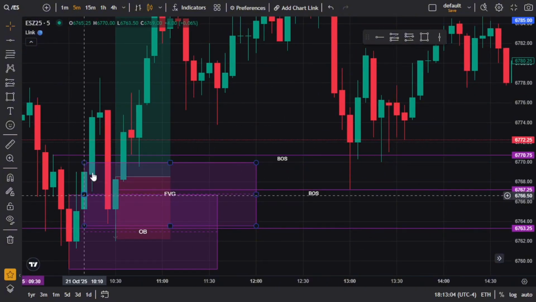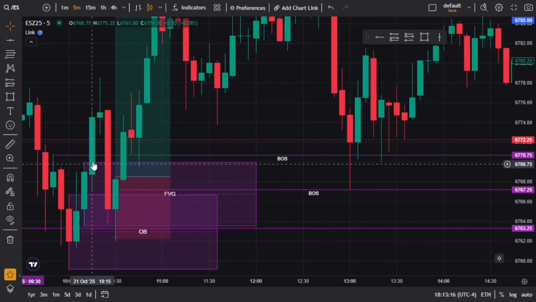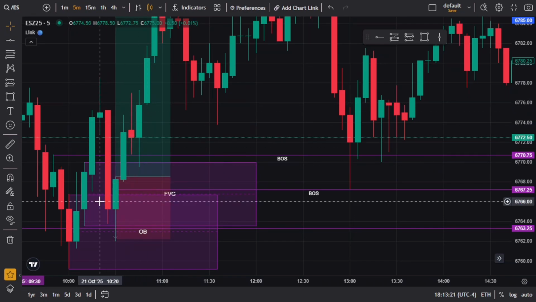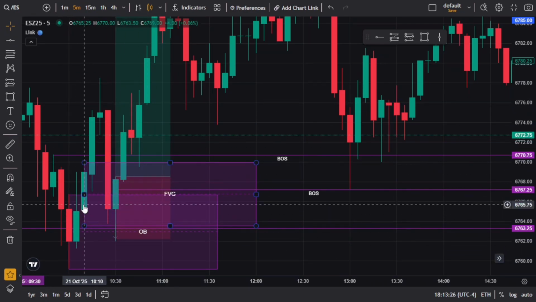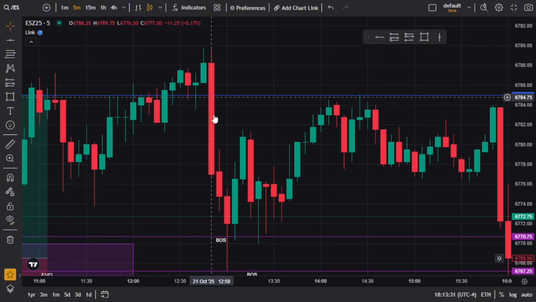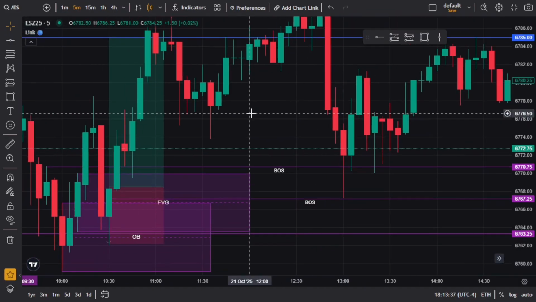So after our breaker structure hits on the 5-minute, 15-minute, based off our bias for the day, I've said it 40,000 times, but I'm trying to hammer it through your heads. Right after our candle closes above our breaker structure, this previous high, we're going to mark out our confluences, whether that's an order block. An order block in an uptrend is a red candle before a bunch of green ones, and in a downtrend is a green candle before a bunch of red down candles. We're going to mark that out.